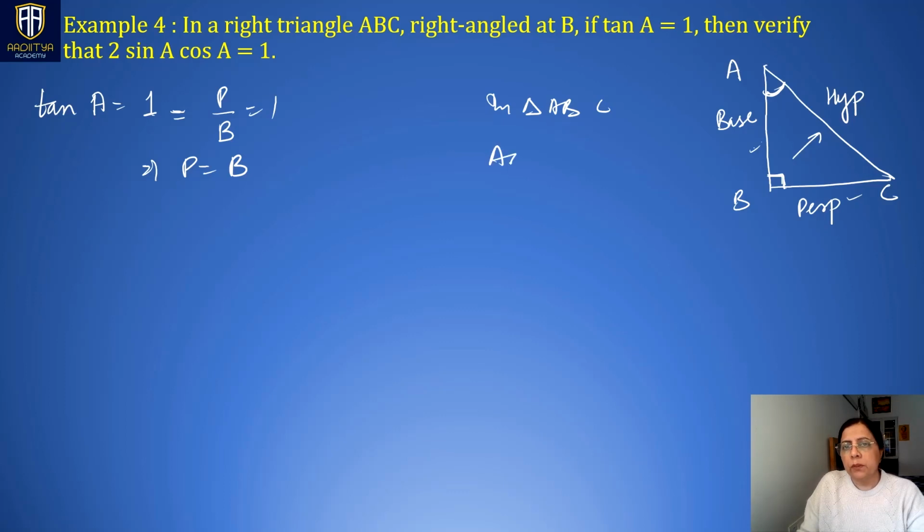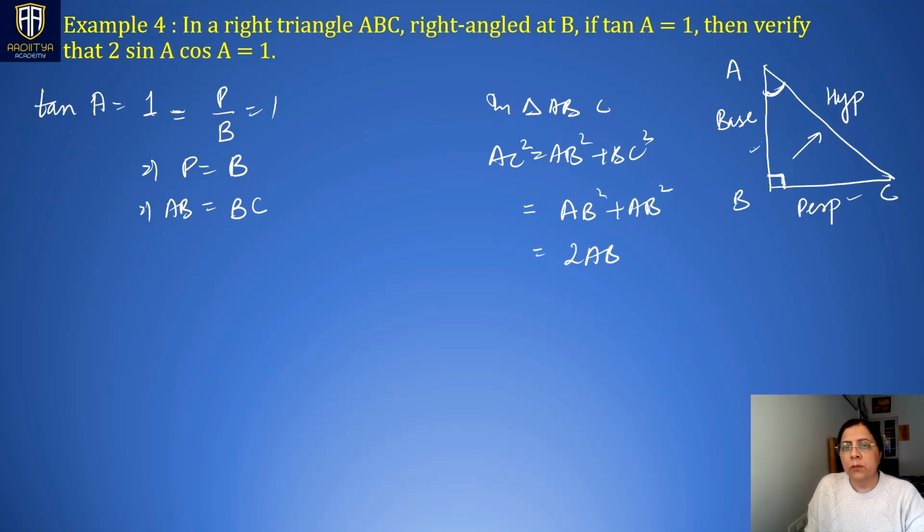ABC, by Pythagoras theorem, AC square is equal to AB square plus BC square, right? And here AB is equal to BC. Perpendicular is equal to base. So AB is equal to BC. I can write this as AB square plus AB square or BC square plus BC square. 2AB square is equal to AC square, right? What is AC then? Square root of 2AB square. That means AC is equal to root 2 AB,